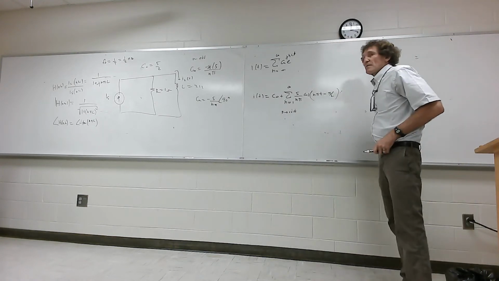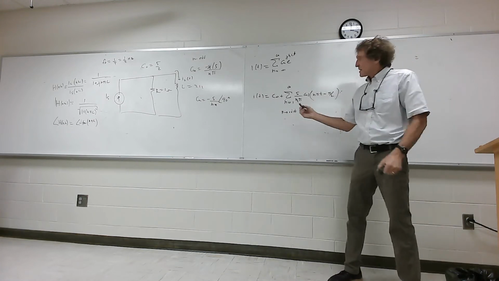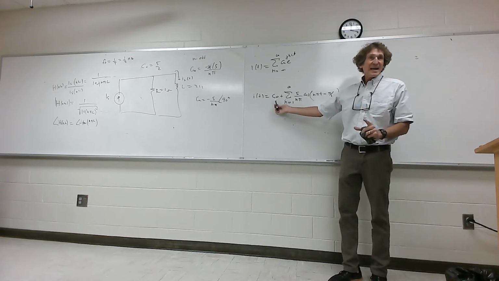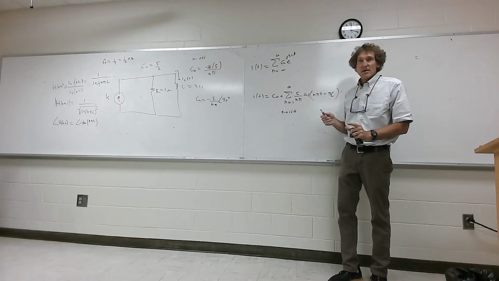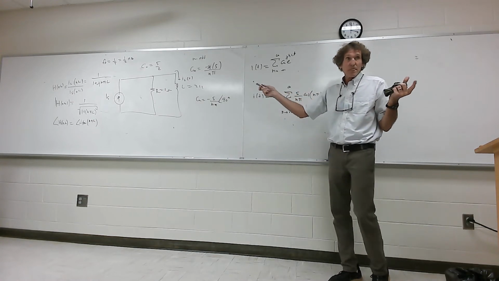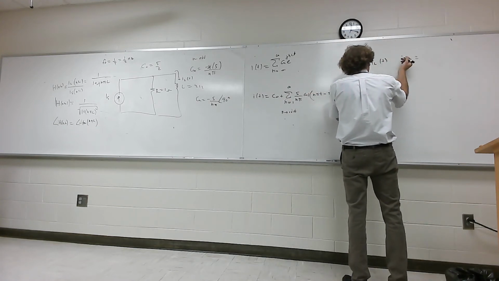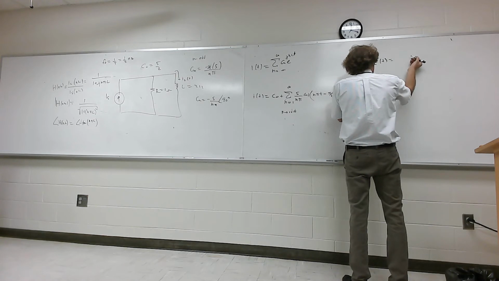Okay, so now the final form of the answer is very similar to this, except what? C0 gets multiplied by H, evaluated at 0. Do y'all follow me? Well, what is H at 0? What's the DC value? It's just 1, isn't it? N is 0, look at that, it's 1. So I'm gonna say my IL of T is C0 times 1, or just C0, and I'll leave it as